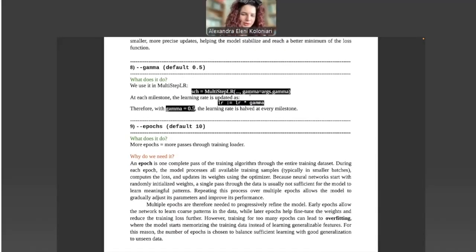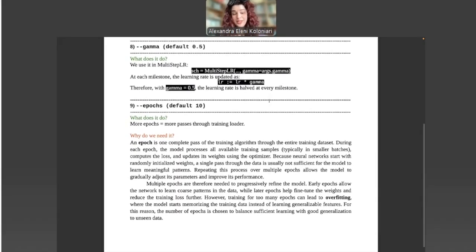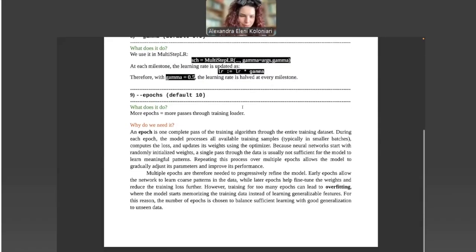And since we're talking about epochs, what does that specific argument do? Well, basically, the more epochs we have, the more passes we have through the training loader, just like Professor Stergioulas mentioned before. And why do we need it? Well, it's a complete pass of the training algorithm over the entire training dataset.